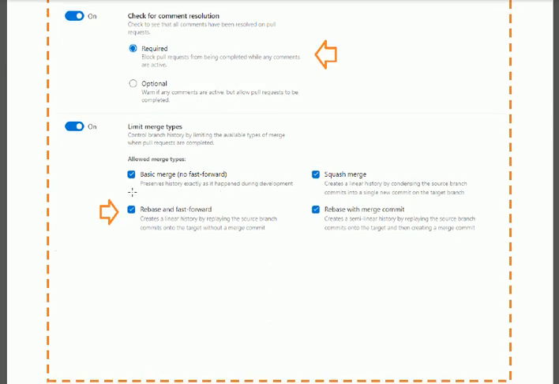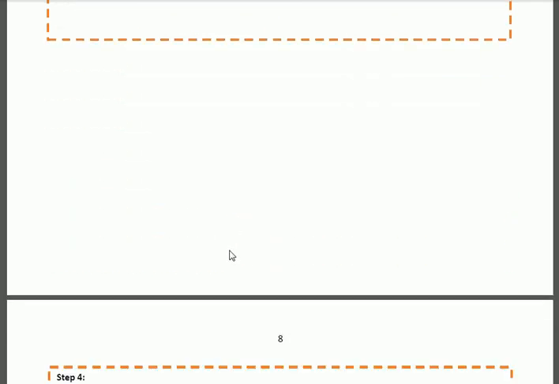The next one is limit merge type. In this case, we can specify the merge type of the code from one branch to another branch. All these options are given, and you can select one of them. The next branch policy